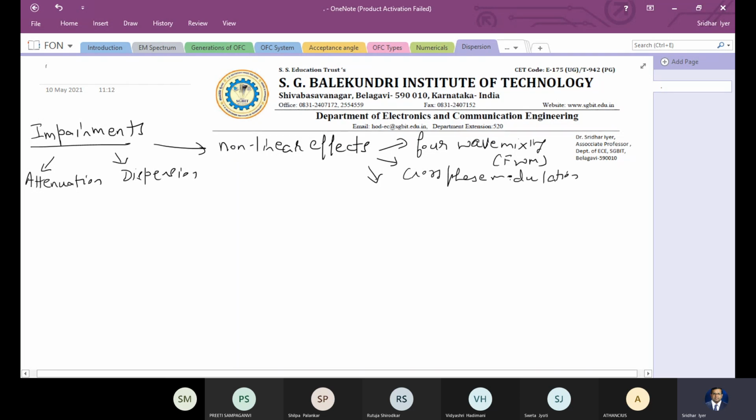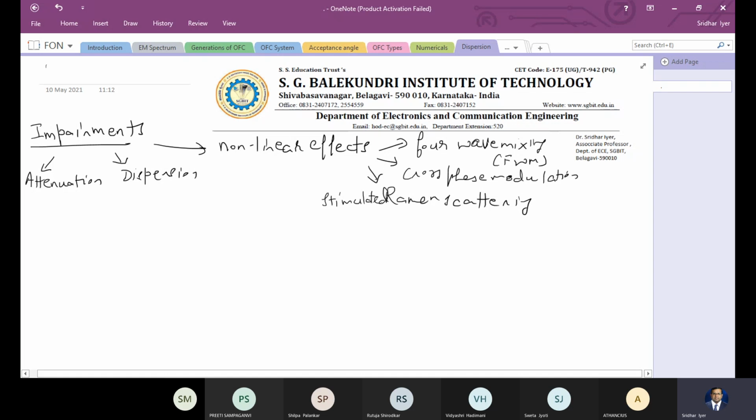So because of this, I cannot go into the detail because we are not equipped to completely understand cross phase modulation. But in cross phase modulation, as the name suggests, the phase gets modulated or changed. And then there is a third effect which we have just seen in short previously. It is known as the Raman scattering. Or let me use the entire word. It is the stimulated Raman scattering.